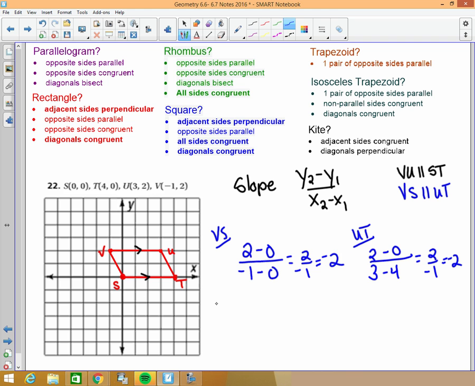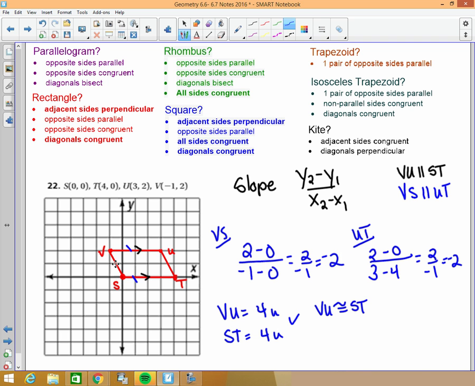So let's do this. We'll say that VU is going to be equal to 1, 2, 3, 4. So that's going to be 4 units, right? And ST is going to be equal to 1, 2, 3, 4, right? So are VU and ST congruent? Yes, they are. So I can say, okay, then VU is congruent to ST. Now, I need to say, are